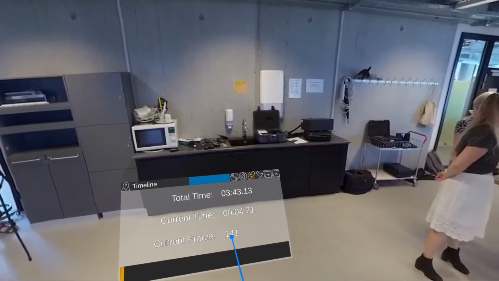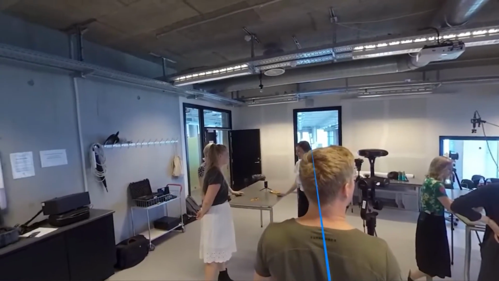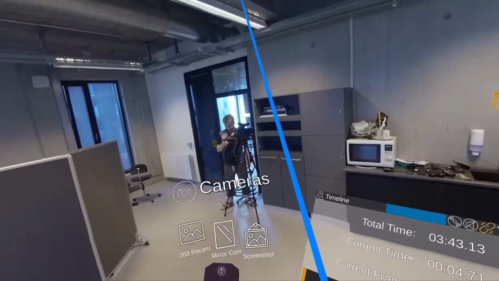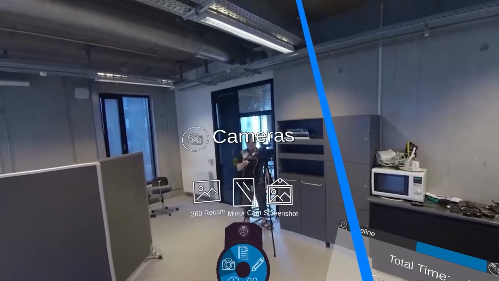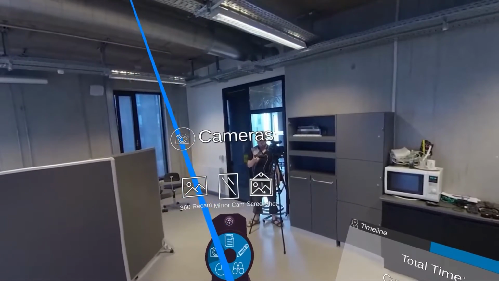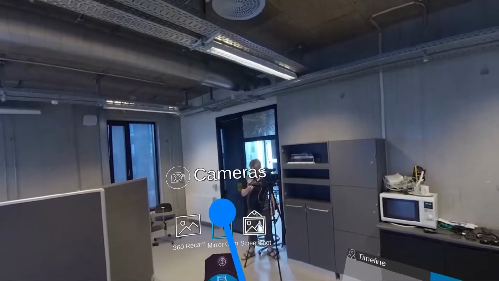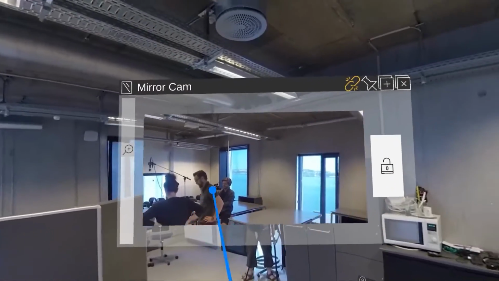We're currently at frame 141. He's about to say 1, 2, 3, go, and she'll start running. But let's just bring up the mirror cam, and if you look on your left controller, you'll see where he has the camera icon. We have a number of things with cameras. So we'll choose the mirror cam, and then you notice appears this